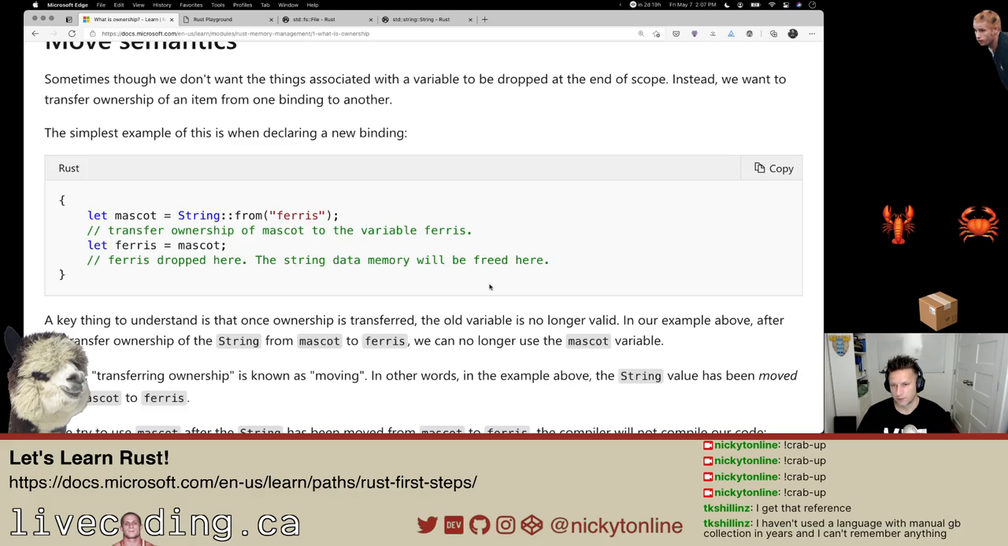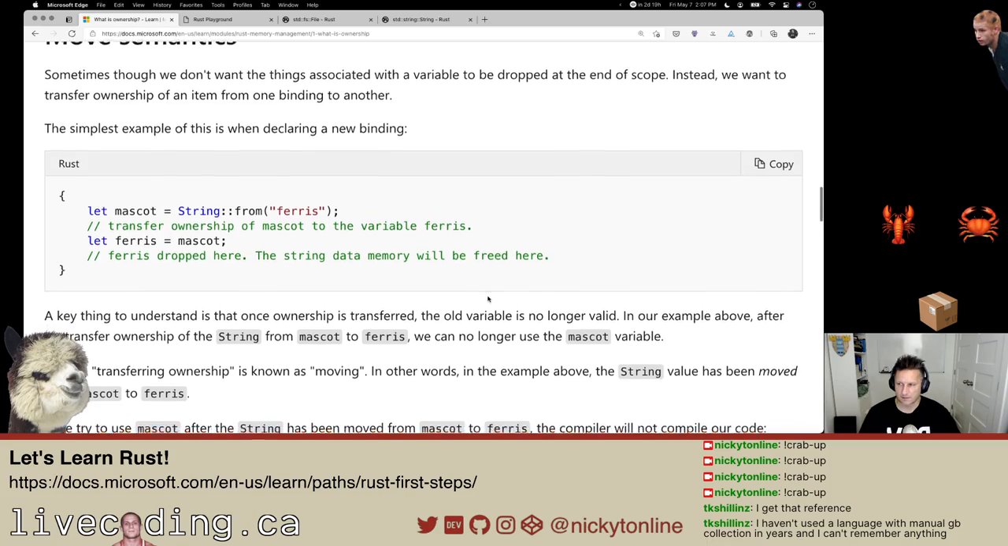So transfer ownership of mascot to the variable. And it says Ferris dropped here. The string data memory will be freed here. Why is it saying Ferris dropped here? The string data memory will be freed here. I would assume it would be freed up once you're out of the block, or maybe I'm misunderstanding what they're